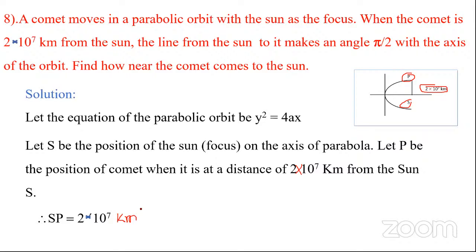Next, this is a length, the latus rectum. I'm taking the other end as Q. So PQ is the latus rectum. What is the length of the latus rectum? The length of the latus rectum L dash or PQ is 4A, and S is the midpoint of the latus rectum. So PS is 2A and SQ is also 2A, which means 2A equals